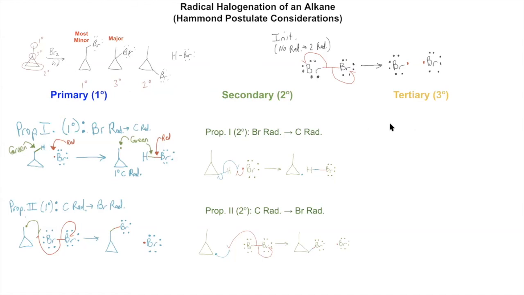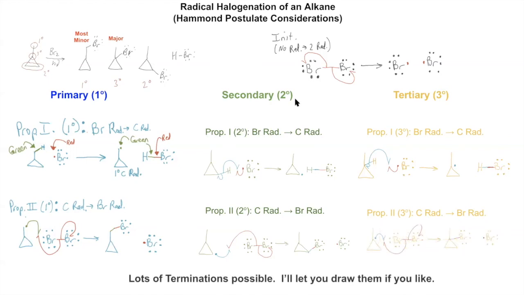And now tertiary. We went with yellow on this one and blue bond. So the red and the blue are matching up, and then the blue with the red. There we go. Bam, bam, bam. We got them all, right? Hopefully these mechanisms are starting to really get stuck in your head.